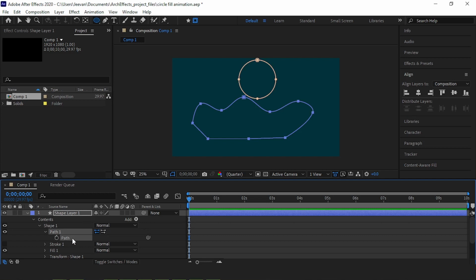So we can animate this path because we have a clock before this. If we press on this clock, we can add a keyframe. So make sure your indicator is at the beginning of the timeline. Then click on the clock to add a keyframe. Now move the indicator 15 seconds forward, and then select the pen tool, and you can